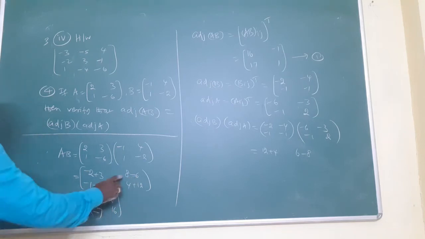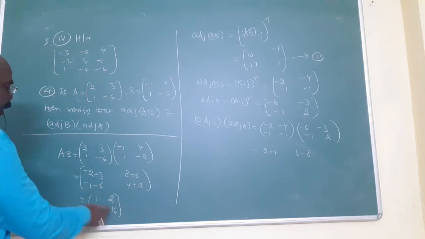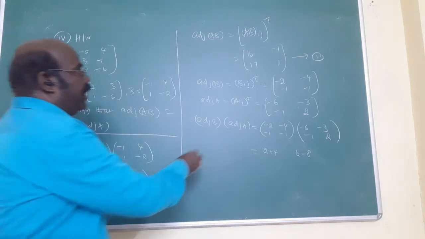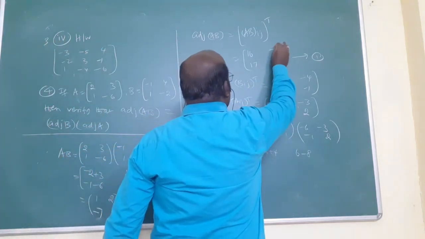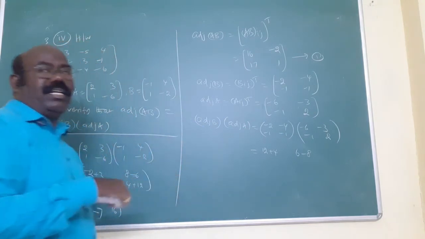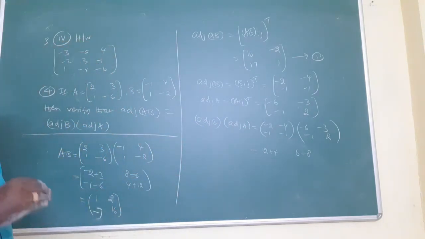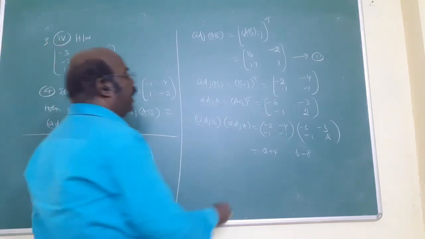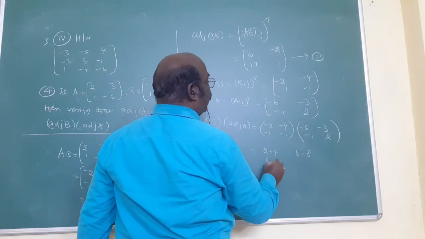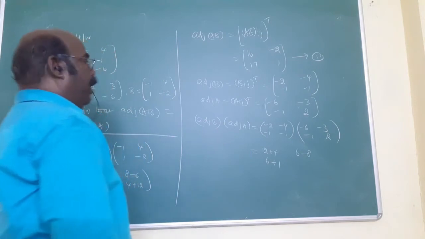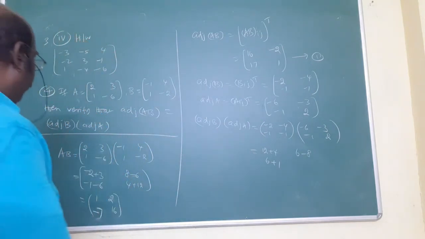Am I right? 8 minus 6, 2 will come. Now interchange, automatically 1, 16: 16 will become. Here change sign, your minus is coming. In this way, you can verify the answer. Suppose both answers are not equal, it means something is wrong, not that the question is wrong. Whatever the elements may be, the final results will be equal. Next multiply, 6 plus 1. Am I right? Multiply both, here minus 7.